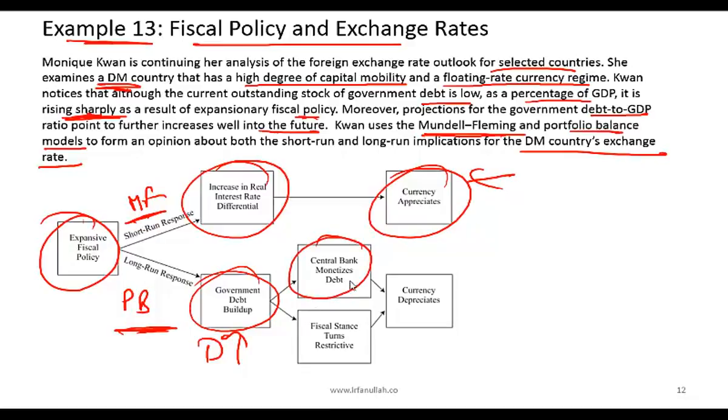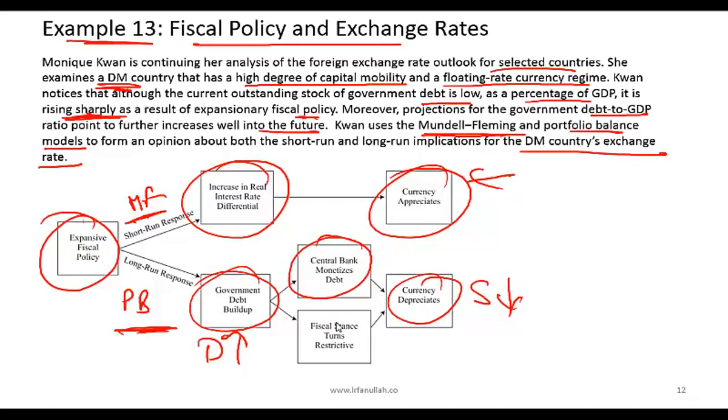One scenario, which is a monetary policy response, is that the central bank might monetize debt. This is a fancy term for a straightforward concept. If the government owes lots of money, it can just increase the money supply, print money, and pay off the debt. What does that do to the currency? If the central bank is increasing money supply, then as we've discussed earlier, the currency will lose value,